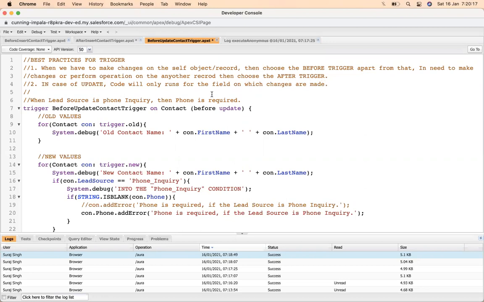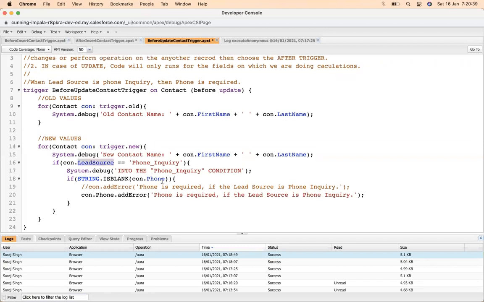It's quite confusing. The code will run for the fields on which we are doing calculations. Okay. So in the update case, the code will run only for the fields on which we are doing calculation.